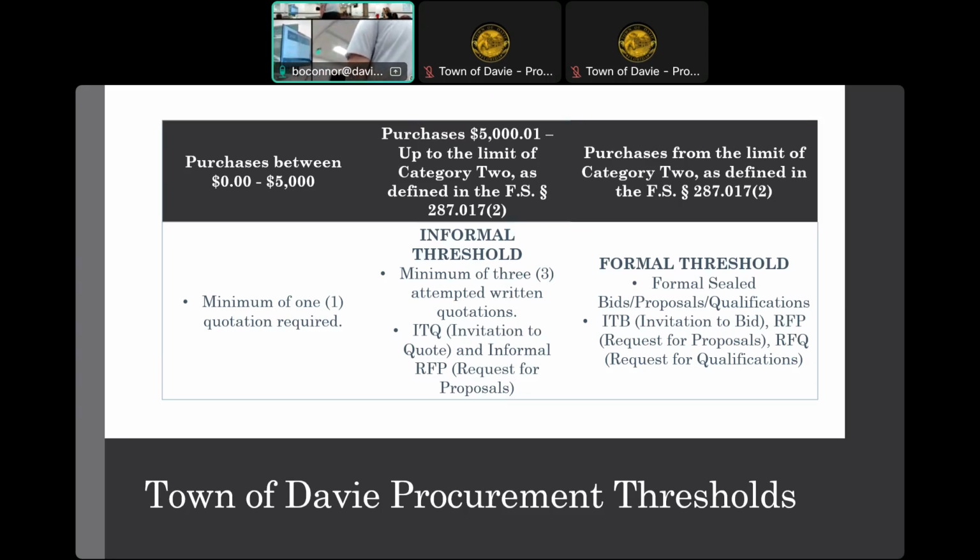So again, our threshold comes up to 35,000. Under your line of business, you are exempt up to that point. If a department felt that you had the qualifications and capability, they would not need to go out and get competitive pricing or do anything like that. They could have a discussion with you and develop a scope. So it's a little bit easier, and that goes for all lines of government.